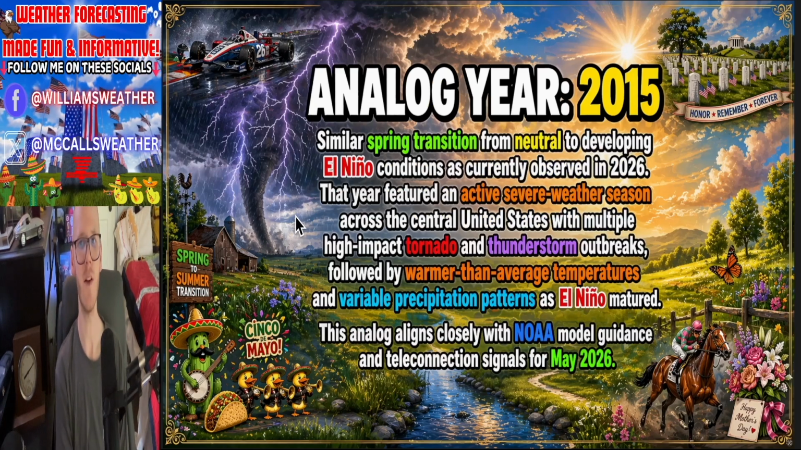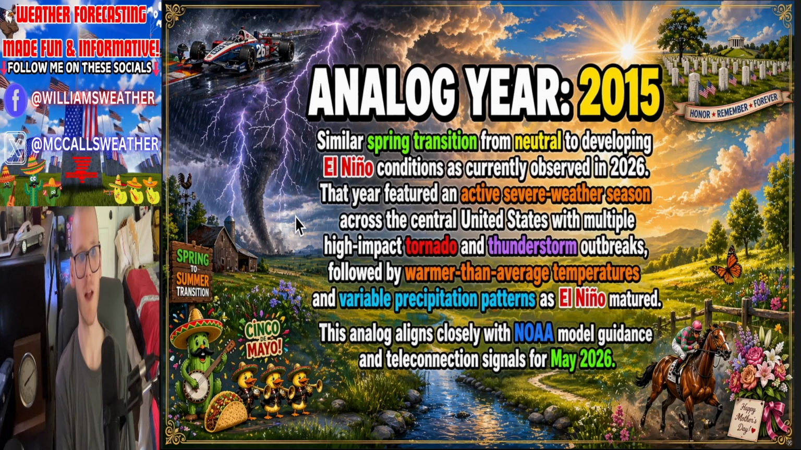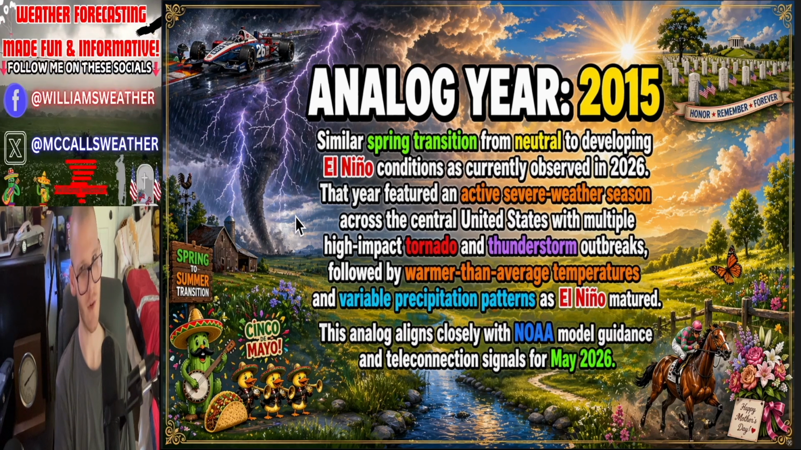Now on to the analog year of what this May could resemble. The closest year I could find is 2015, which had a similar spring transition from neutral to developing El Nino conditions as currently observed for this May. That year featured an active severe weather season across the central part of the country, with multiple high-impact tornado and thunderstorm outbreaks, followed by warmer than average temperatures and variable precipitation patterns as El Nino matured,